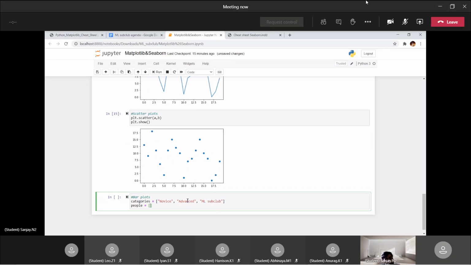So let's make people equal to, say, 15 people in novice. I think that's a good estimate. 25, and then about 10 to 15 people, so we'll say 12 people in ML subclub. And now we'll just plot it. So we'll do plt dot bar of